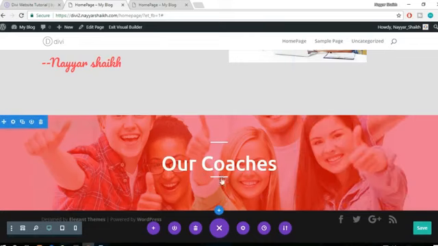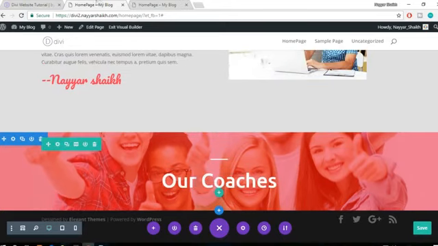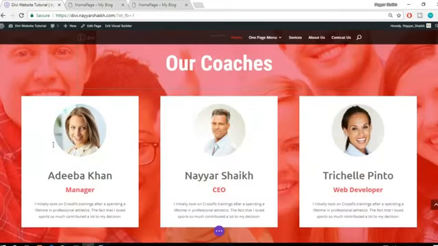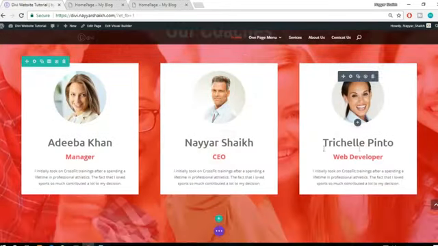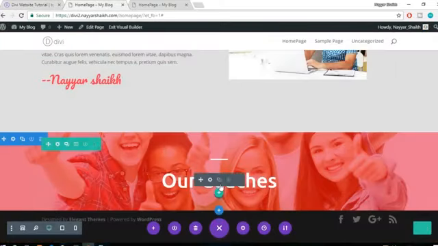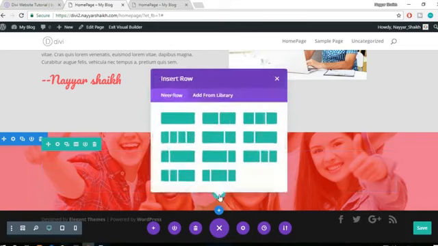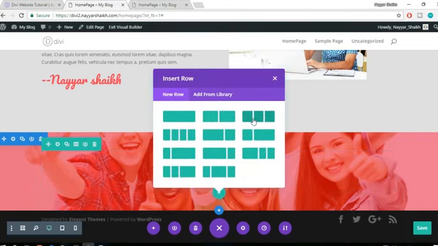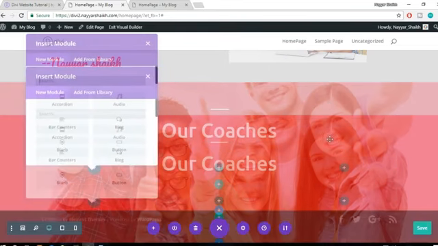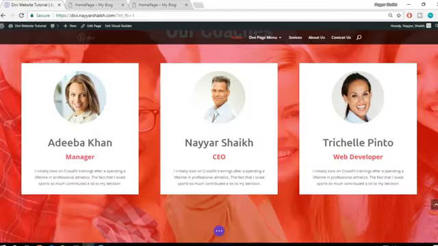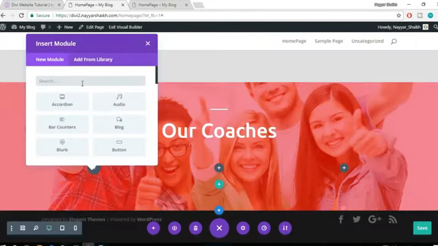Click on OK, and let's get rid of this second divider. Let's delete that. Now we have to add this section, 3 different people over here. So for that, click on this green plus button. Now select this thing, 3 different columns. Fine. Now here at the top, I guess, yeah, at the top we have to add an image. So first select image,